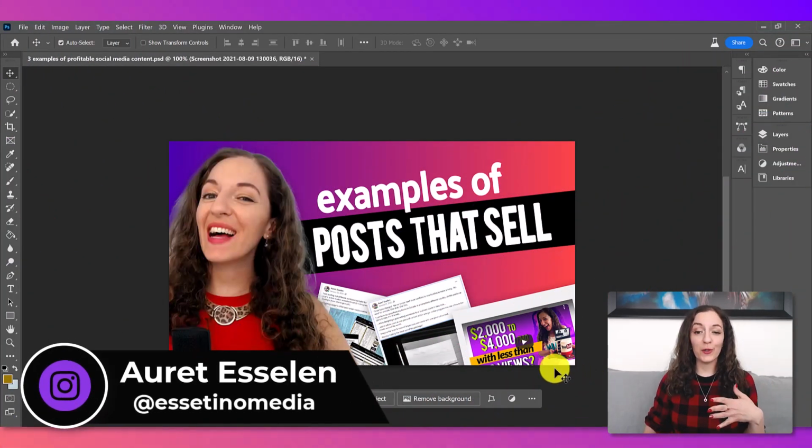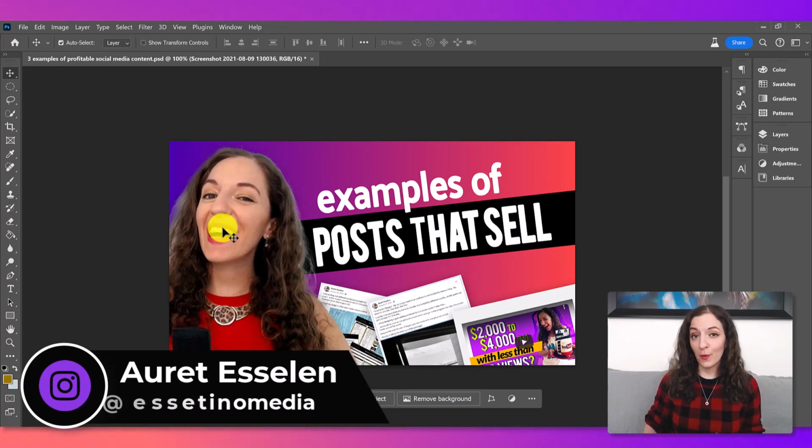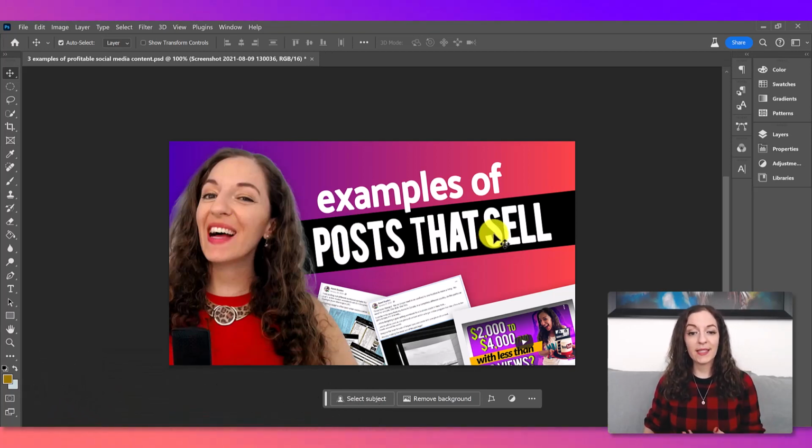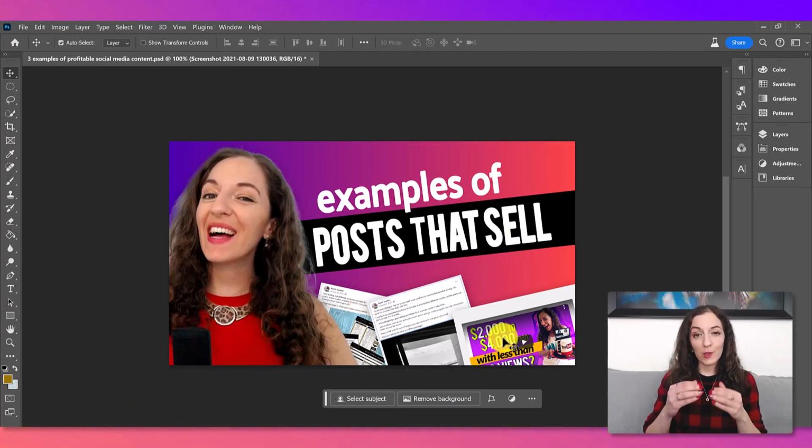Today, we're going to show you how to create a thumbnail that looks similar to this one here with the gradient background, an image of you where the background is removed, some text, and as well an image below that text that's relevant to the video. So let's get started. The first thing we need to do is create a blank canvas in the dimensions of